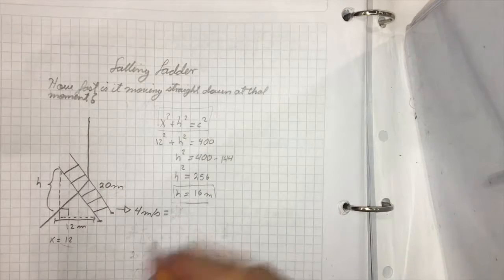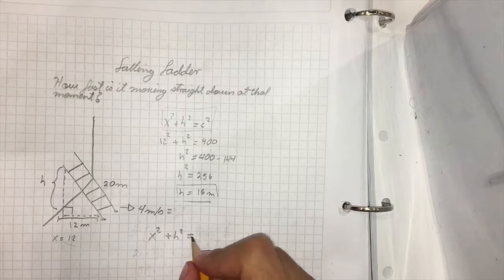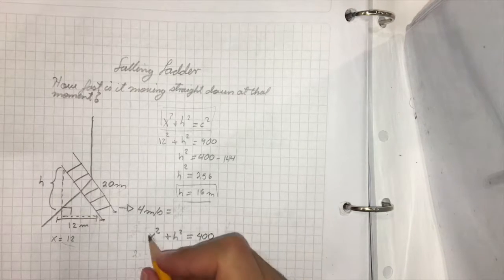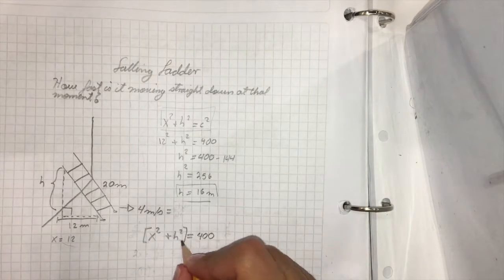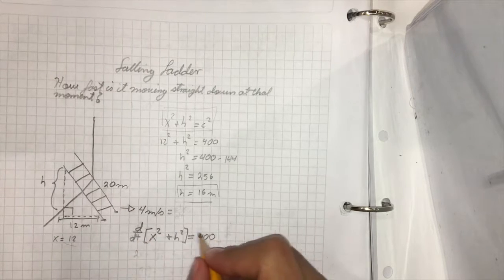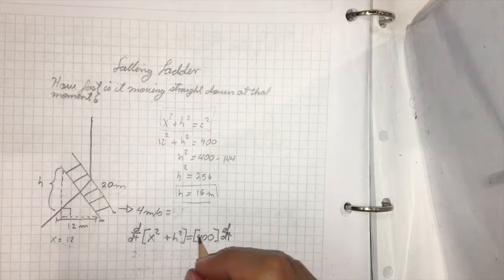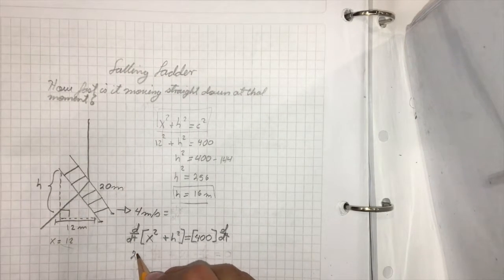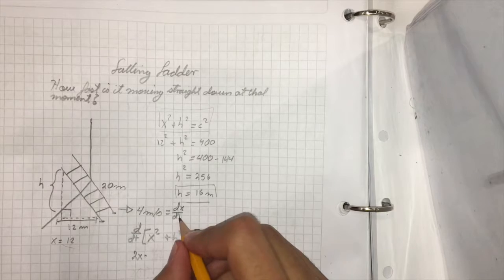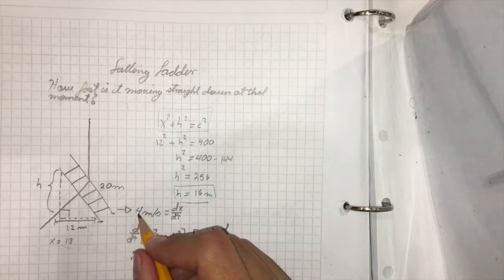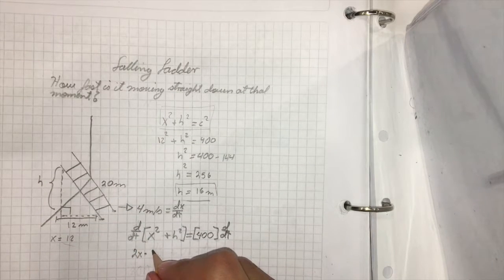ladder is falling with the same equation that we had of x squared plus h squared equals 400. Here we need to find the change of x squared plus h squared with respect to time, also on this side. And now we have to find the derivative of x squared, which is 2x times the change in x over the change in time, that is the velocity at which the ladder is moving horizontally and down. So times 4